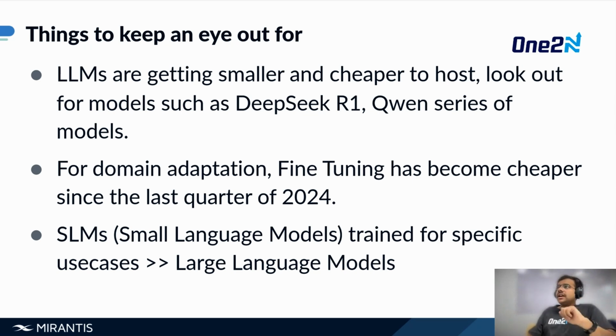Also, when it comes to adapting your LLMs or using your LLMs for a specific use case, for example, in our case, it was filtering out resumes. In your case, it could be doing something with code or helping out with some other use case. Small language models not only take a lesser amount of resources, but are also designed to work for a very specific use case. An example of such models is Microsoft Phi 3, which you can look into.